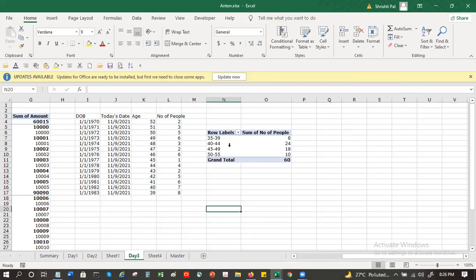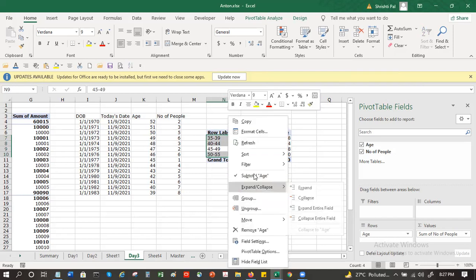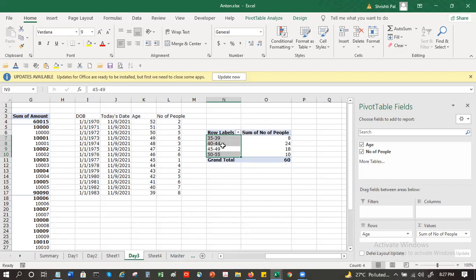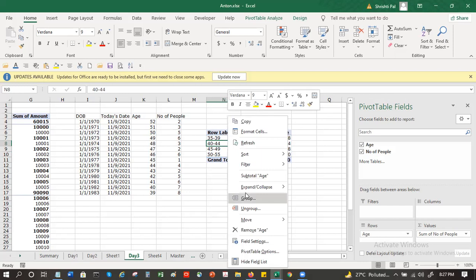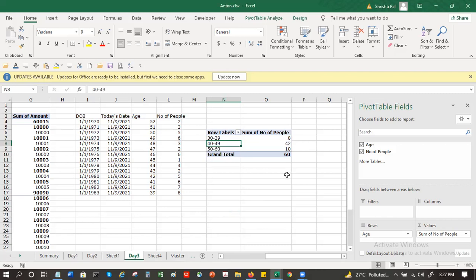Okay. Now for now I'm just removing this, let's say. And if I have this grouping one by one, I will see them here. Once I do this, I will go to this, suppose I ungroup, and I will go and group it again. I can give the starting range. If I want it from 30, I can do from 30 till 60 in intervals of 10. So this is in my hand. I can decide as per my need, I can group it.